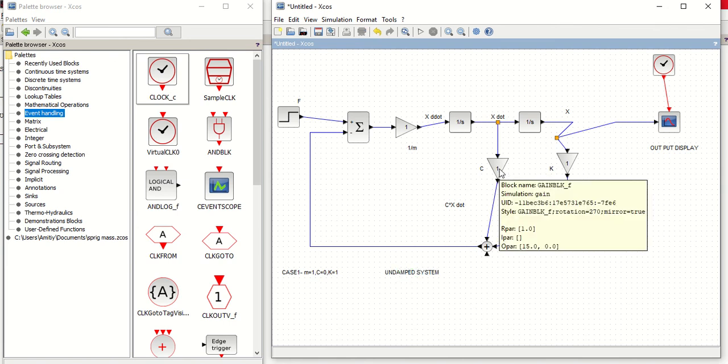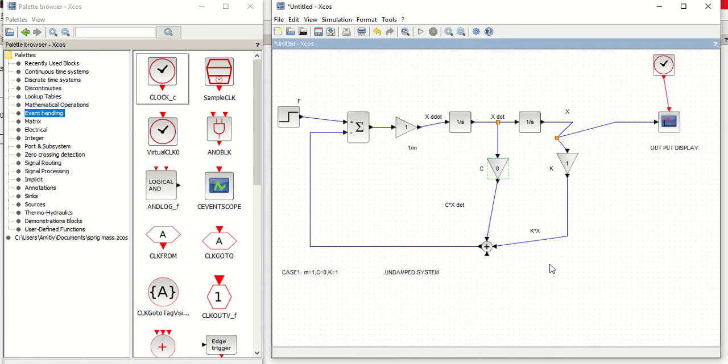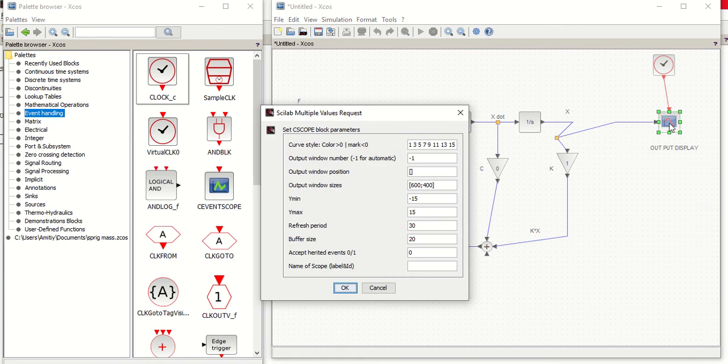Let's change the values. Now I'm putting C is equal to 0. So when there is no resistance, how is the system going to behave? Before simulating, let's check how the output will be.